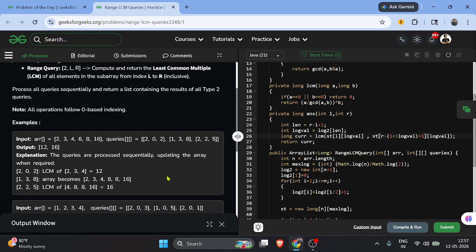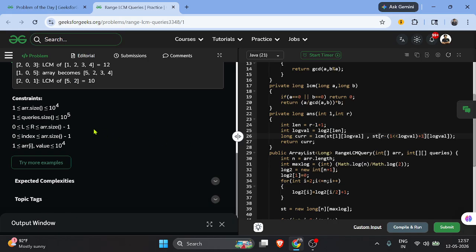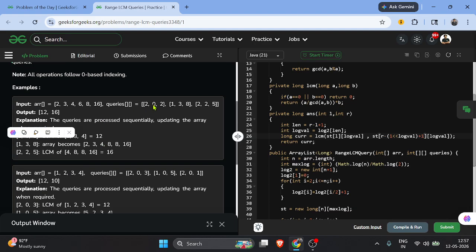So for each query, it takes near about big O of N. So almost it takes big O of N time for each query of type 2. Assume there are N queries, because here it is mentioned the query size is 10 to the power 5. Assume there are 10 to the 5 queries, and each query has the